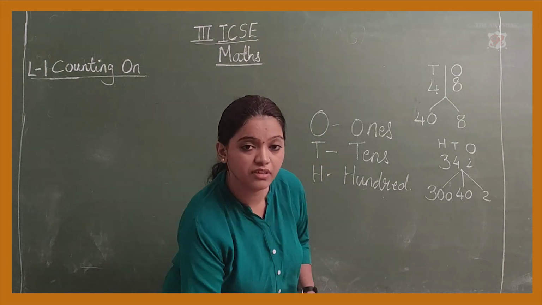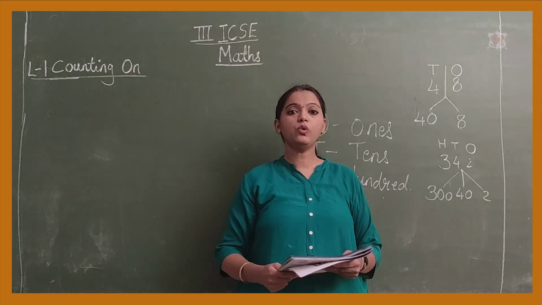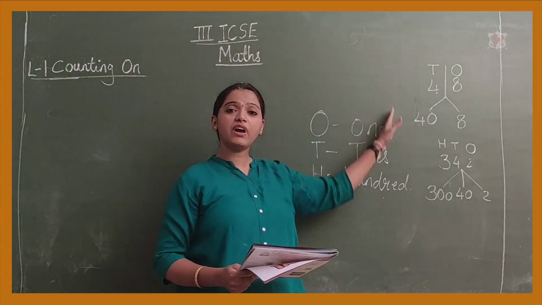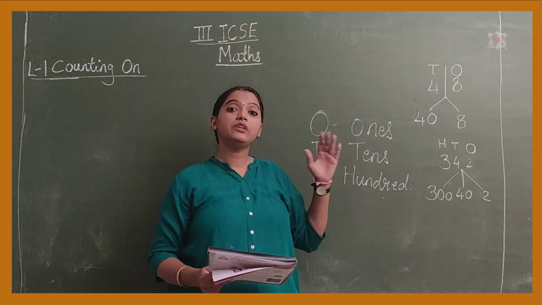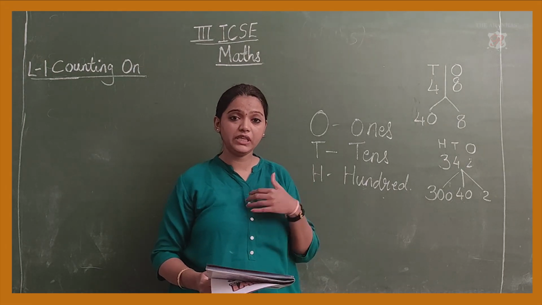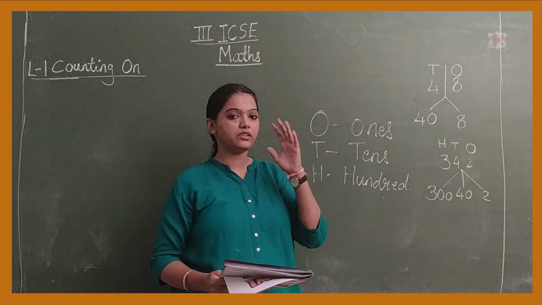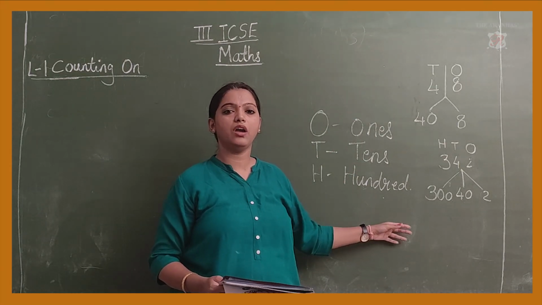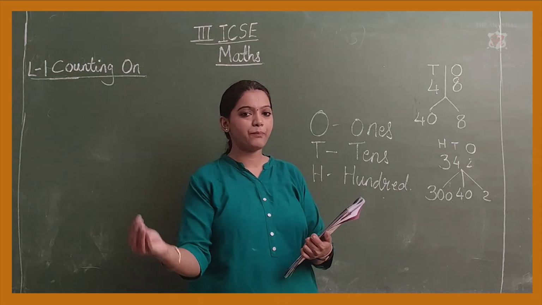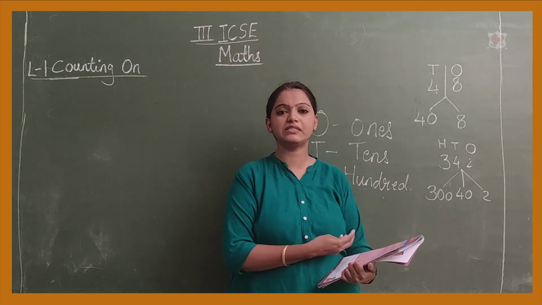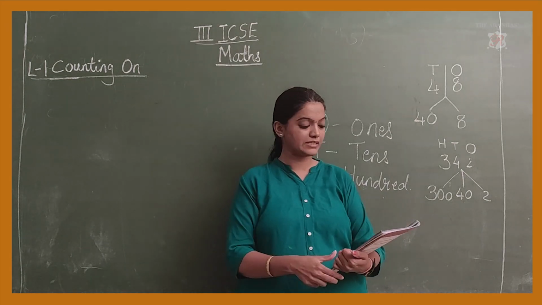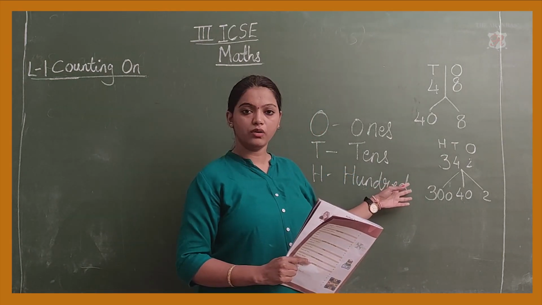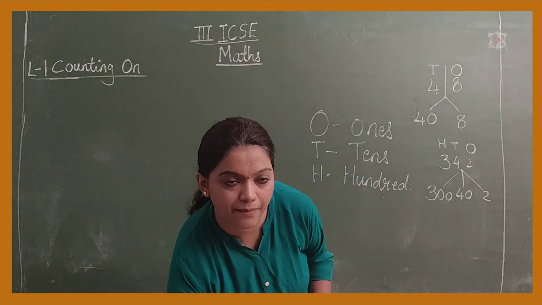Now children, whenever you do math, you have to keep your one practice book or your rough book, so that whatever example I am writing over here on the board, you have to simultaneously solve along with me, so you get the concept clear and your doubts are clear. So all the examples which I have written, write them in your rough book, and you have to make a separate math class book and you will write what is there in your textbook, whatever assignment I am giving to you. I hope this concept is clear for you. Now let's go to the first example.